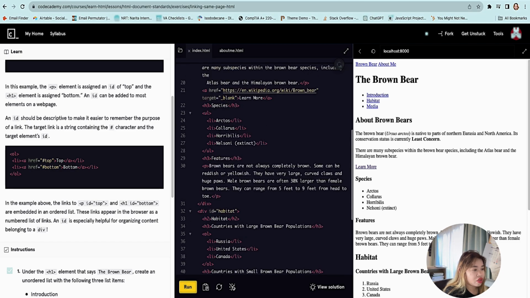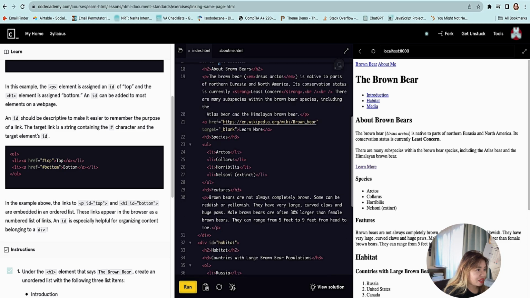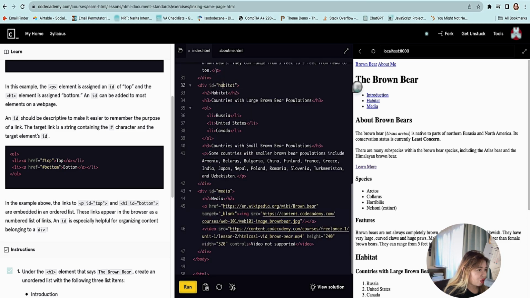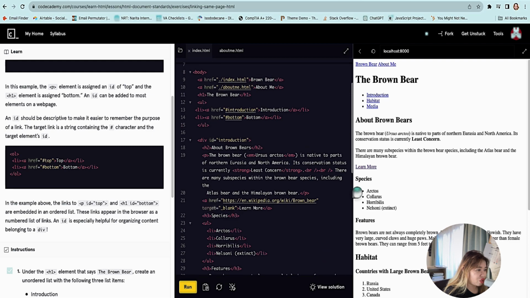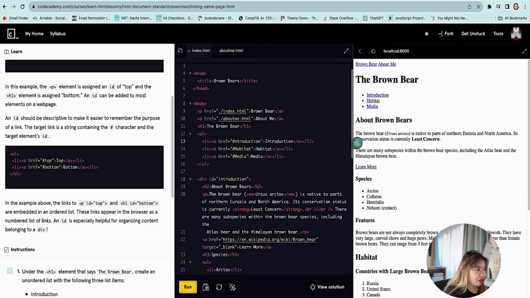Introduction. Ah, I understand, guys. Do you know? Because our ID here is not a capital letter. You see? It's a small letter, and also our habitat and our media. So maybe that is why it's wrong. So anyway, let's try. Okay, how about Control Z? Control Z. Okay, so let's